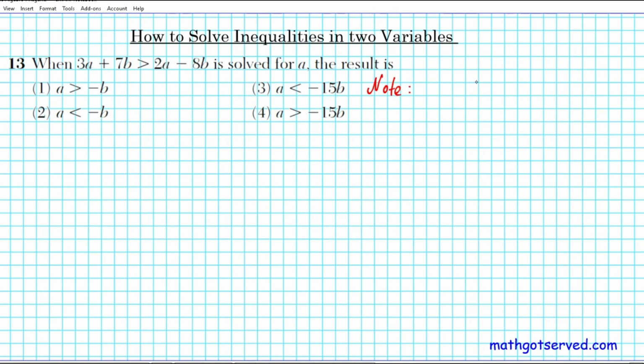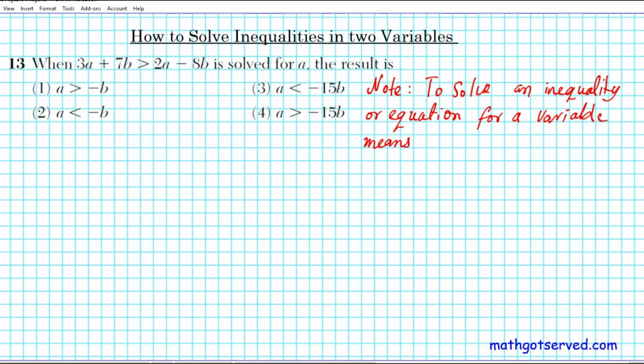What it means to solve an inequality or equation for a variable means what? It means to isolate. Okay, you want to get that variable by itself. Isolate that variable